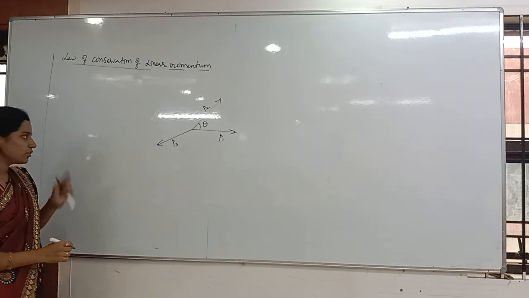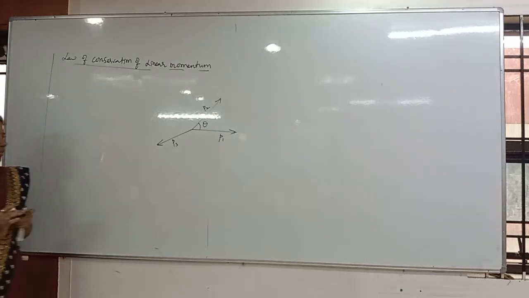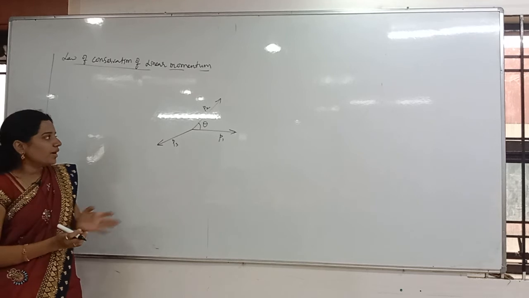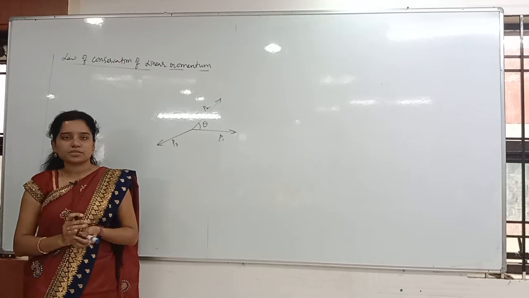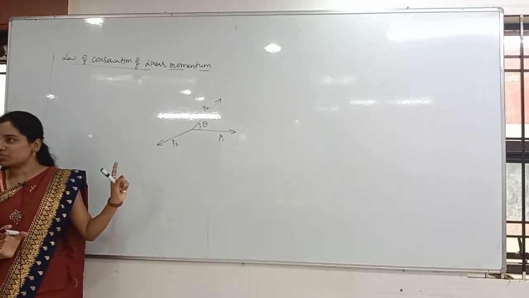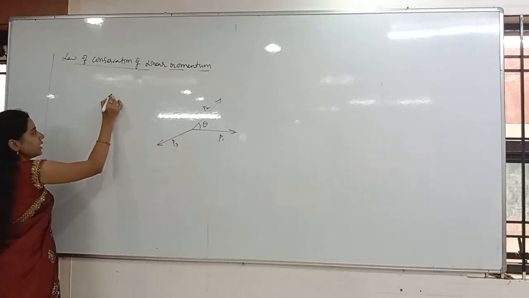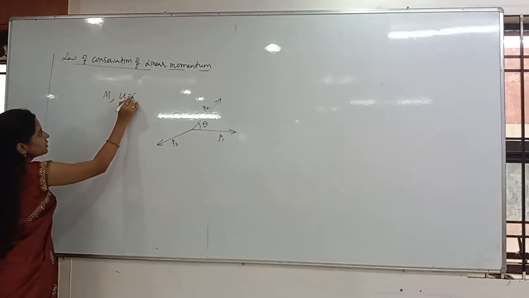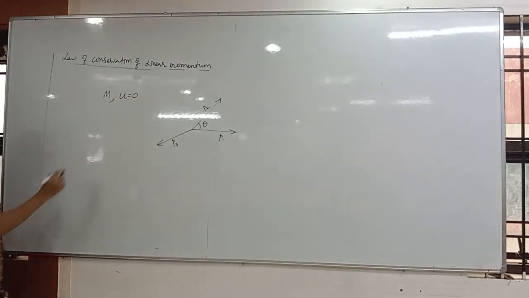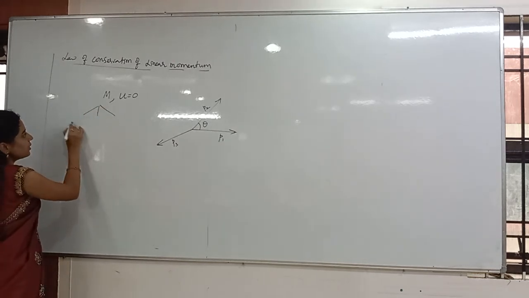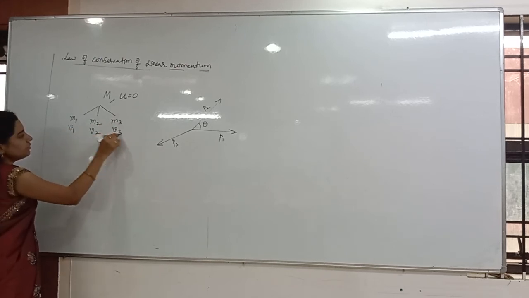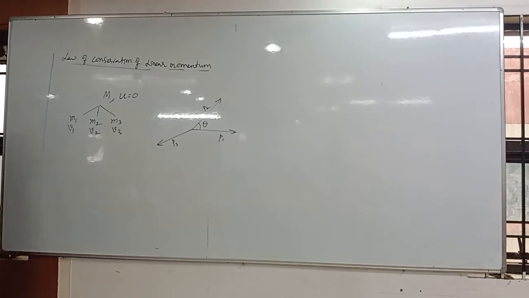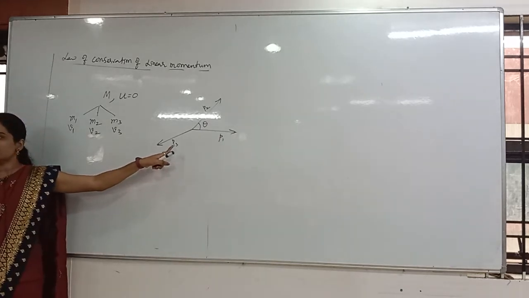This is a little bit related to vectors. Whoever came newly, just listen properly. So here they are saying that one bomb is getting exploded into how many pieces? 3 pieces. Before explosion, of course, it is at rest only. So the total mass, let me take capital M as the total mass. Initially the velocity is zero, it is at rest. After that it explodes into 3 pieces of masses m1, m2 and m3 with velocities v1, v2 and v3. You have to find out the p3 value, the momentum of the third particle.